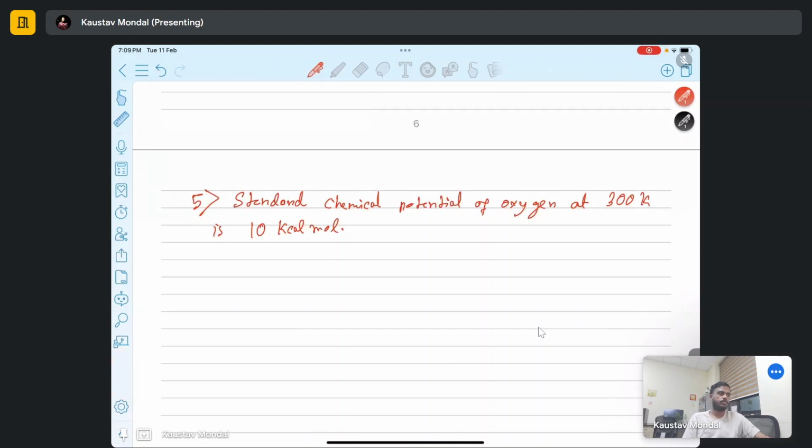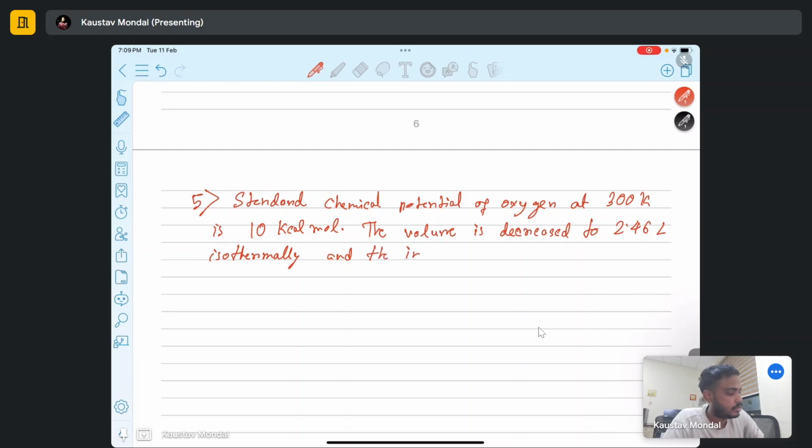Now the volume is decreased to 2.46 liter isothermally,